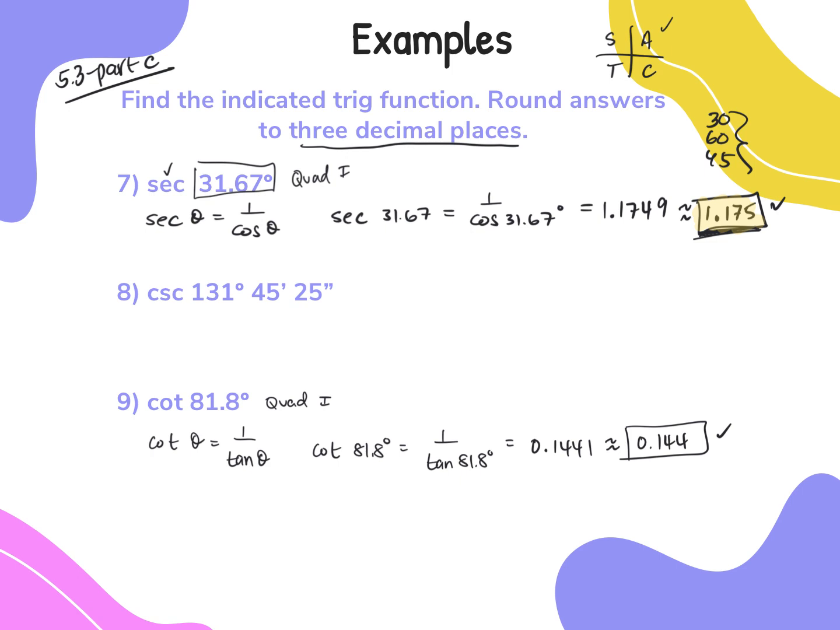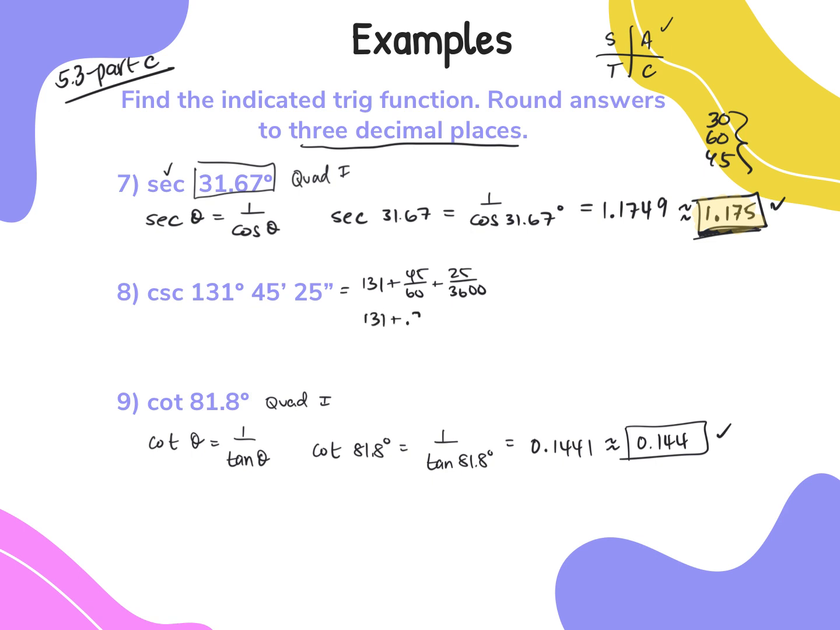And then the last one is this one. It asks you for the cosecant of 131 degrees, 45 minutes, and 25 seconds. So obviously we have to convert this first to a degree measure. So we know that this is 131 plus 45 over 60 plus 25 over 3600. When I do the math, it's going to be